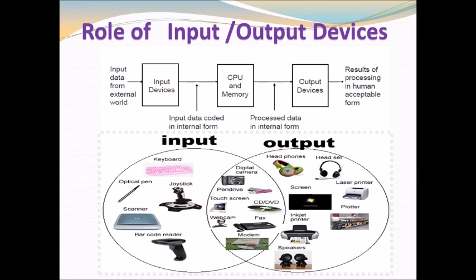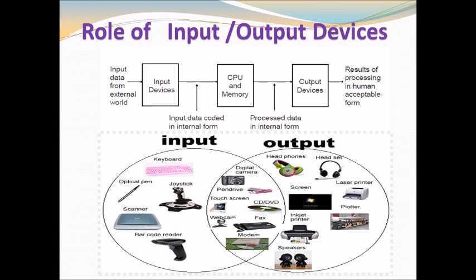Here you can see in the diagram that input devices take input from a device in the form of raw data, and then these input devices provide that data in a coded form to the CPU, that is the central processing unit, and the required input is stored in the memory. Then this CPU provides that processed data to the output unit, that is output devices, and then we will receive that in the form of a result, that is in the processed form that humans can accept. So that is the role of input devices and output devices. Input devices take the input and output devices show the processed result.